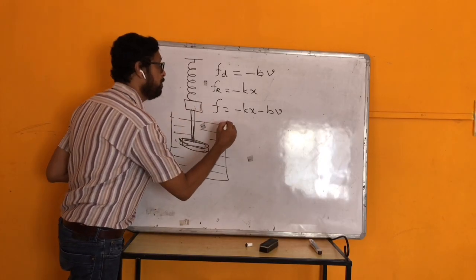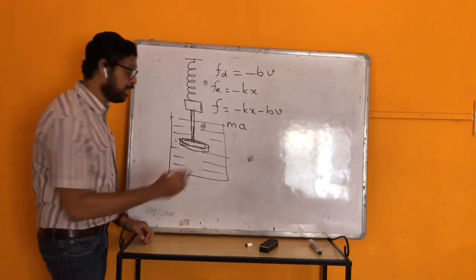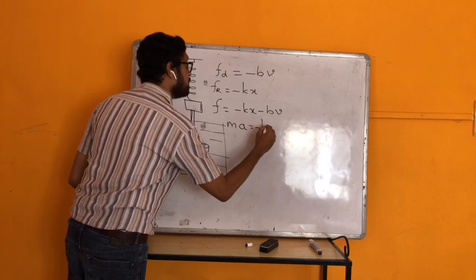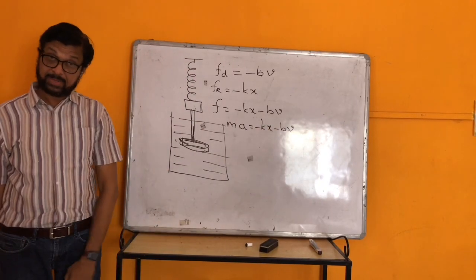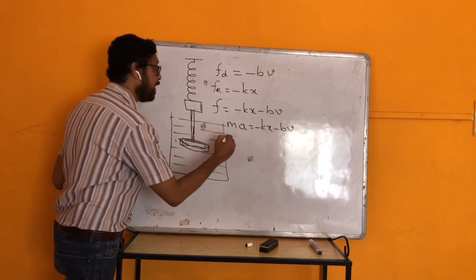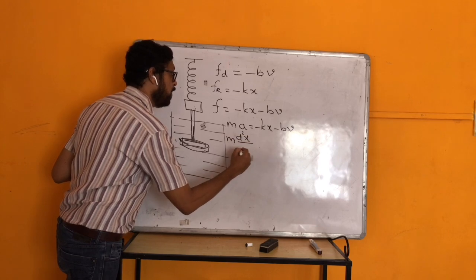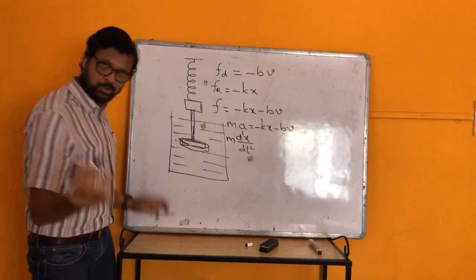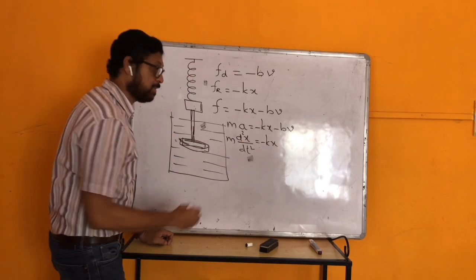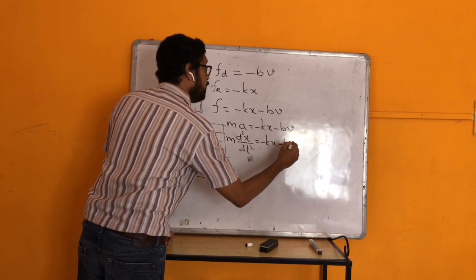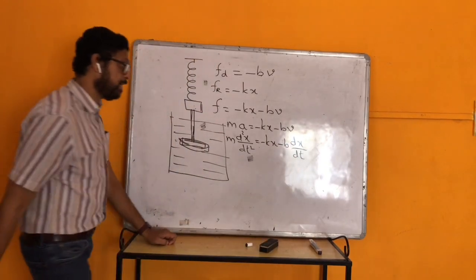So this F will be ma, mass into acceleration, which is equal to minus kx minus bv. Correct? Or m, acceleration is d2x by dt square, you know this, is equal to minus kx minus b into velocity is dx by dt,